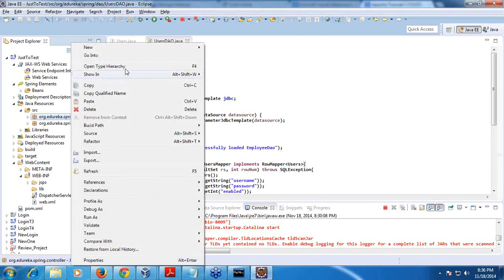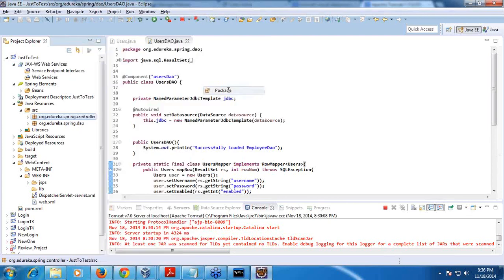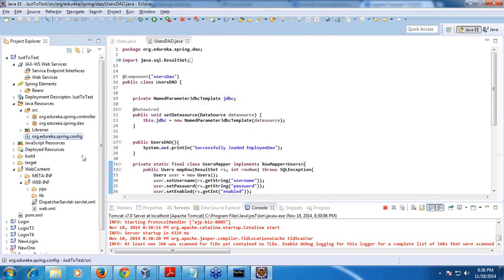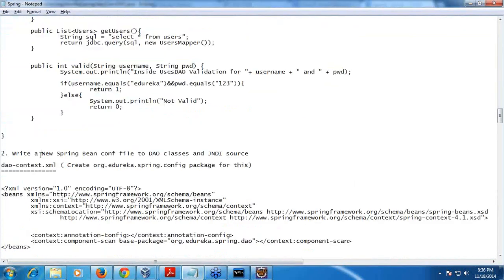So let me create one new package again to manage these configurations. I will just type it as config as the package. Now I will create a web XML here. Create a new Spring Bean configuration file for DAO classes and the JNDI resource.